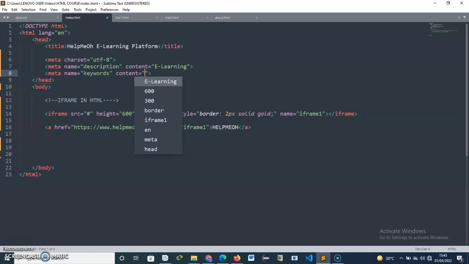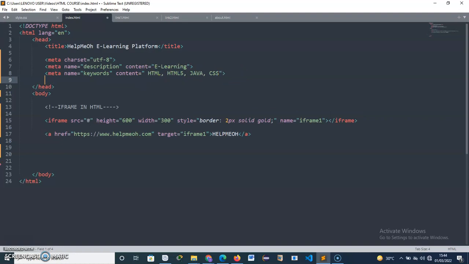On the keywords we can just say HTML5, Java, CSS, and so on and so forth. So these are the keywords for our website. So when somebody types in their search, for instance, HTML tutorial, the fact that we have HTML here means our website is likely to pop up on the search results,